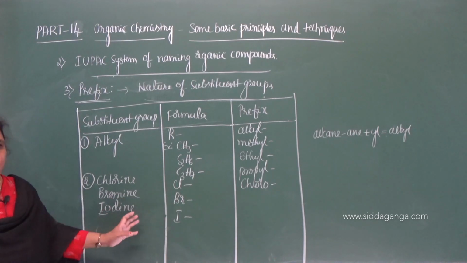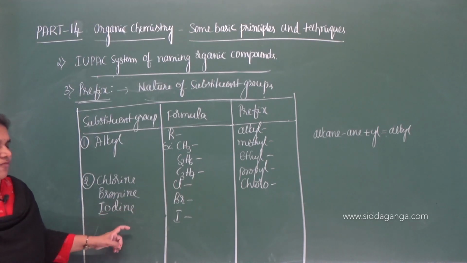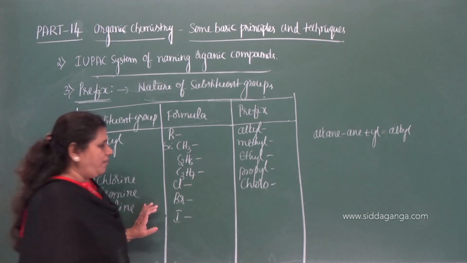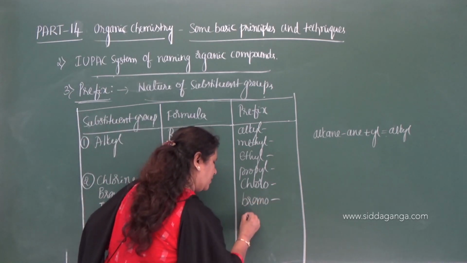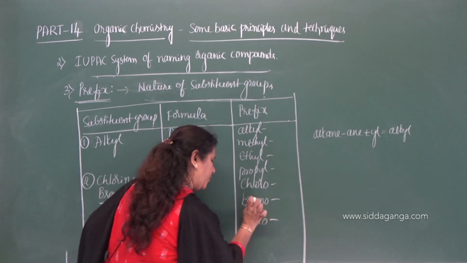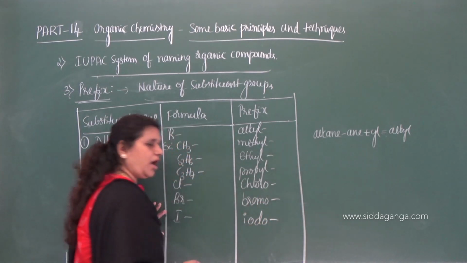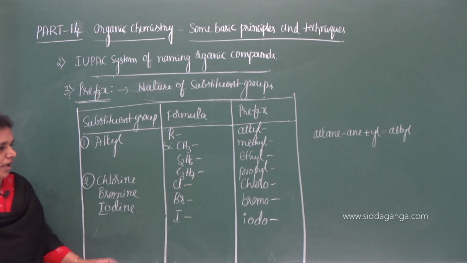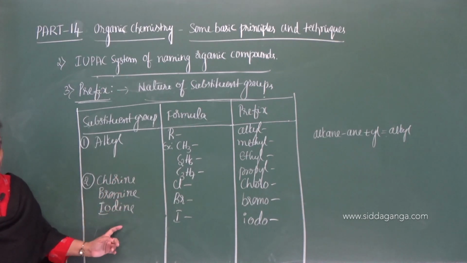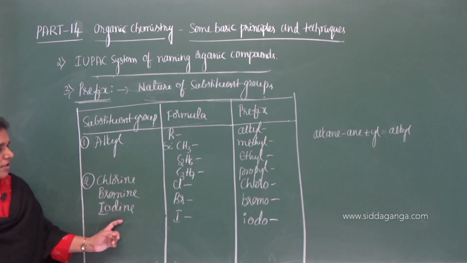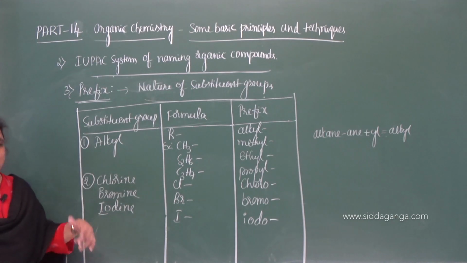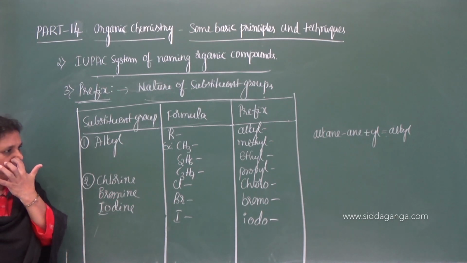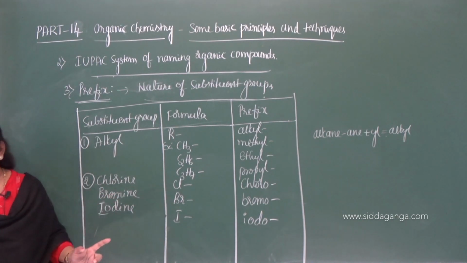These are obtained by removing one atom from the chlorine molecule. So this is bromo and this is iodo. Iodo is the prefix for the halogen iodine. So chlorine, bromine, iodine, in general, they are nothing but the halogens. For halogens, we have to take the prefix halo. Okay. Then the third